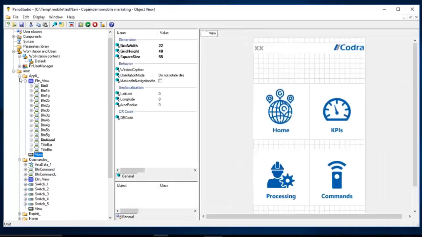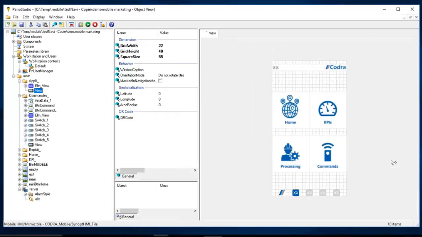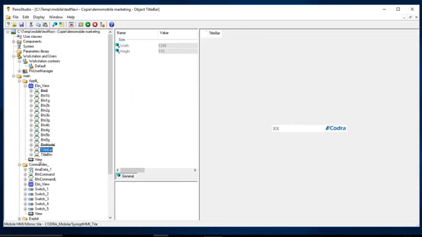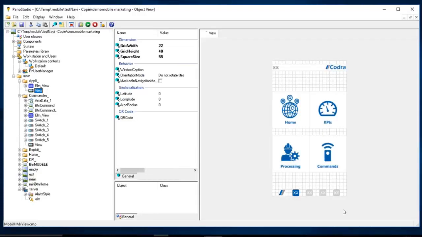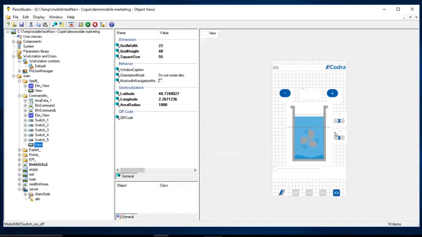So each unit, each directory deals with the same behavior, which is the view you can see here, the top banner and the bottom banner. The top banner and the bottom banner are managed by this view, which is the bar on the top, and all the buttons which are available on the bottom part. So it's a kind of navigation component, and this one is easy to read. The other one deals with other elements which are also embedded in the view.